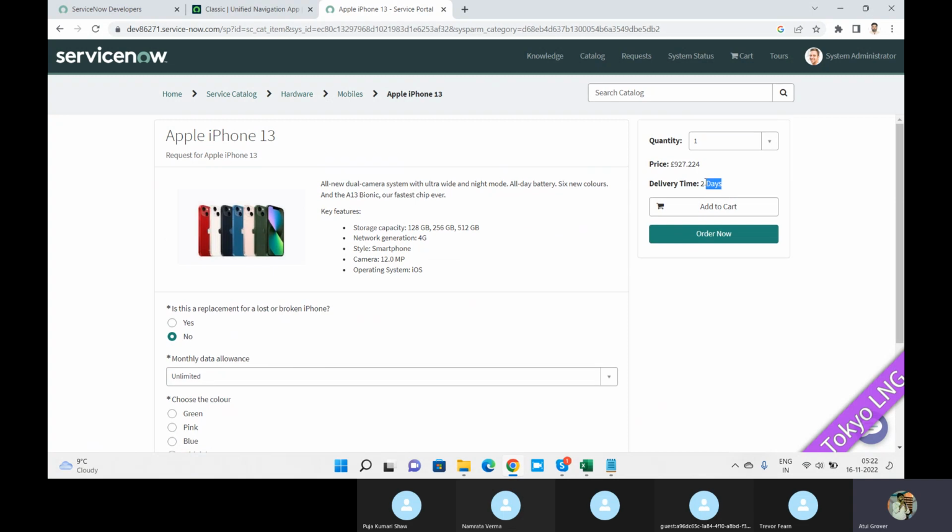It will deliver in 2 days. Atul, how are the 2 days coming? This concept is called the SLA. I did not start the SLA in today's class because I want to give you a little bit more in depth. Now, if I click on the order now,